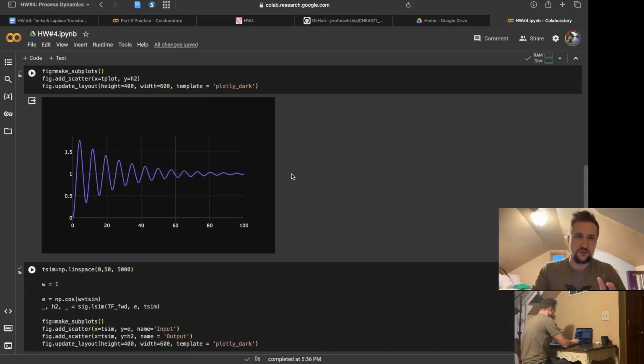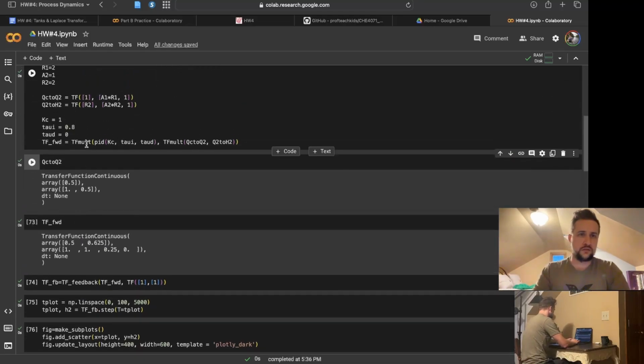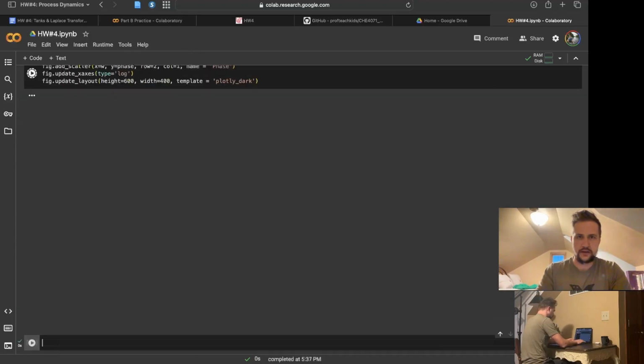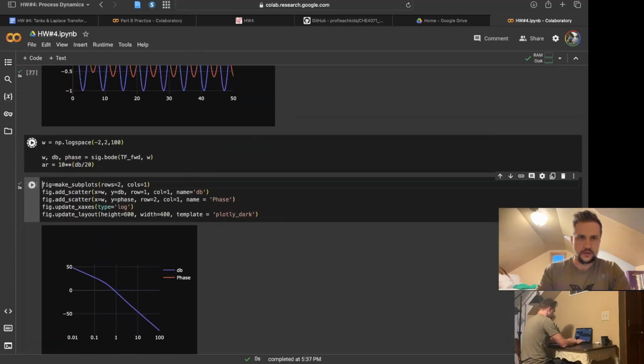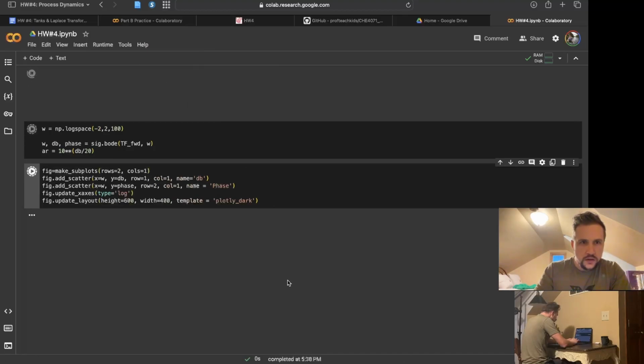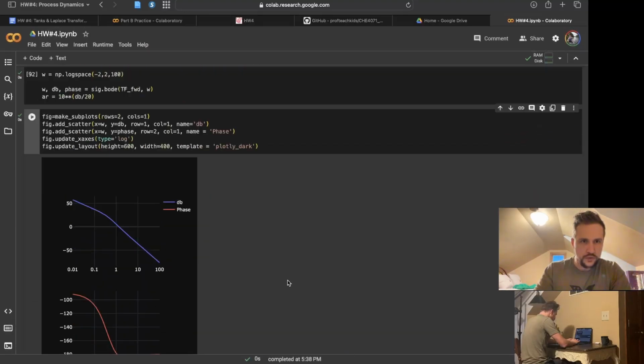Now, if we shift our Kc to 3 and rerun the numbers and check our Bode diagram, what we see,